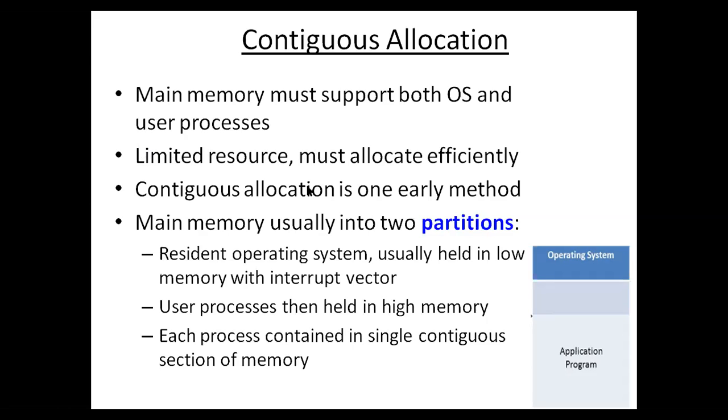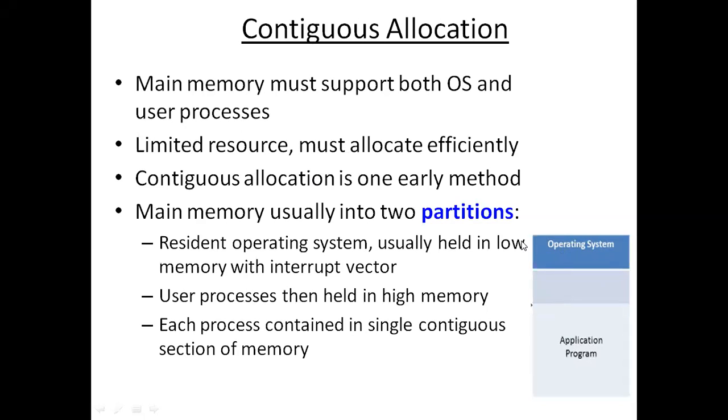So we all know when I say a main memory, there would be n number of processes that would be piled up, which are basically the user processes. And we have the operating system also being part of the main memory, right? And in most of the scenarios, an operating system is placed in the lower memory addresses with the interrupt vector, right? So when I say this is the memory, you would have the lower address over here, let's say it is 0, and the address grows towards the down direction. So we have the operating system usually held at the lower memory.